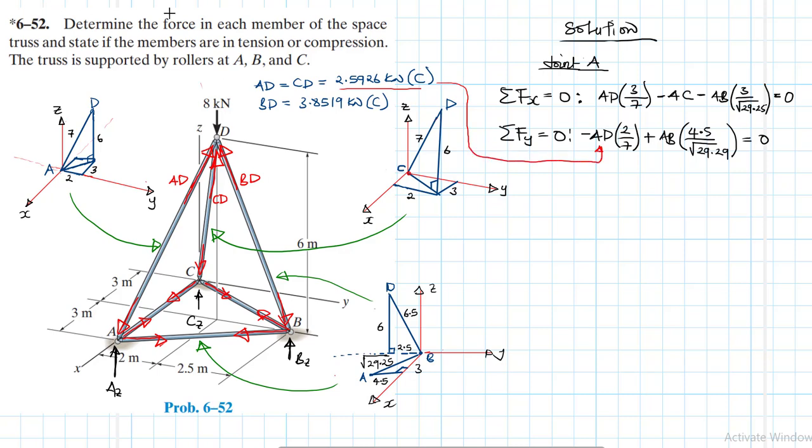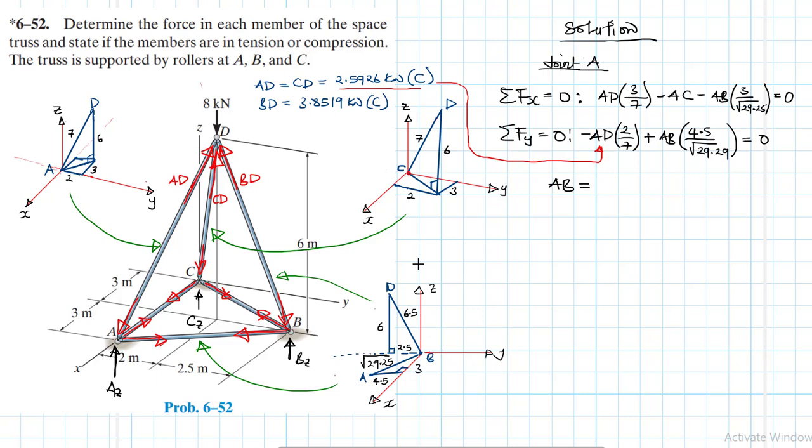And if we do so, then our AB is going to be equal to 2.5926